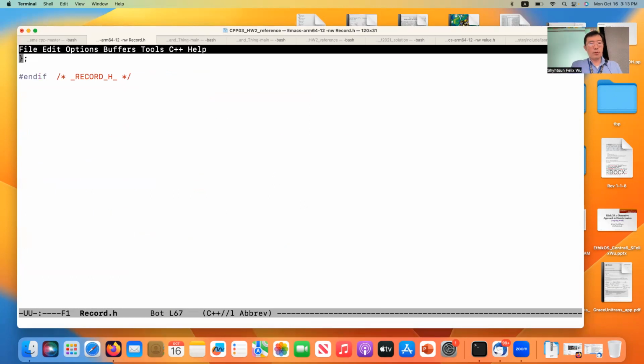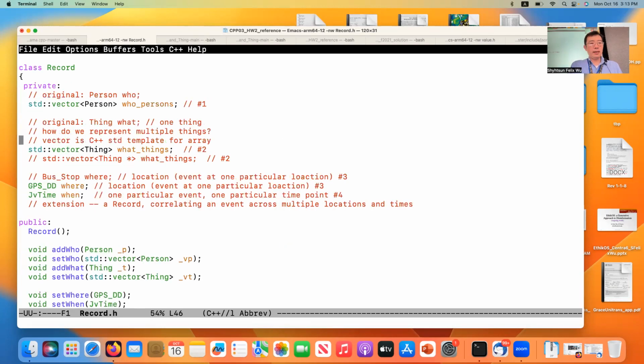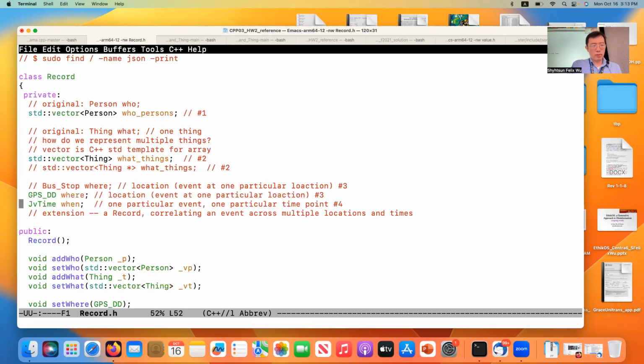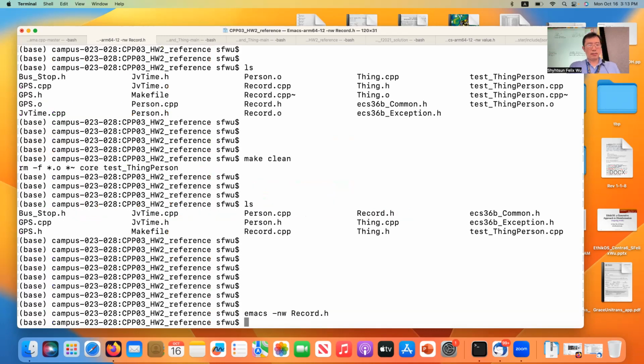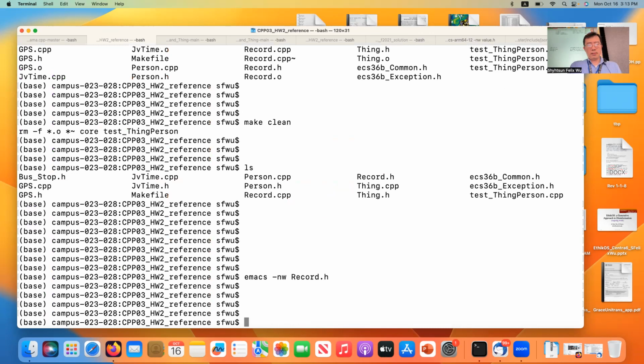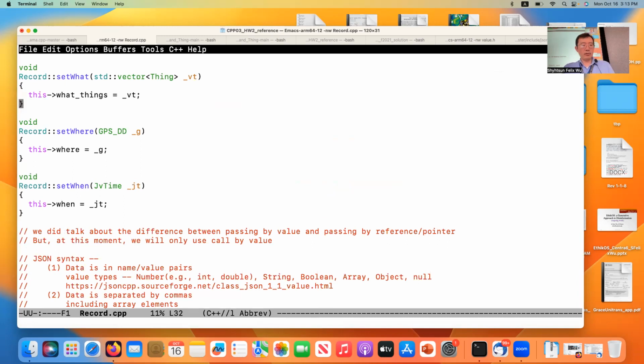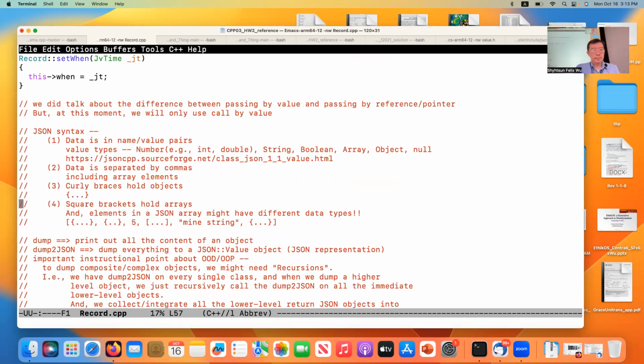So, if you look at the, yeah, wait a minute. This is, wait a minute, where am I? Well, oh, I know. I actually modified CP. Did I modify here? Yeah, I actually added in record.cpp. Okay, I like